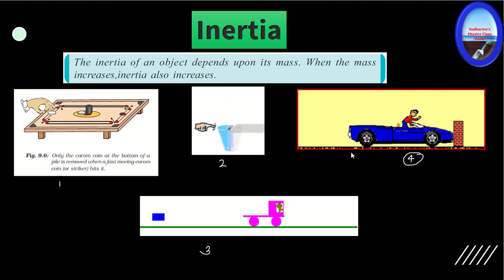Another example is, in our places, we see that people just jump out of the bus before it stops. Even in local trains, you can see that people just come out of the train before the train stops in the station, right? I have seen it many times. But all these times, what these people do is they just run along with the train. They just run along with the bus, because if they suddenly jump out of the bus or the train, they will fall down and their head may hit the ground.